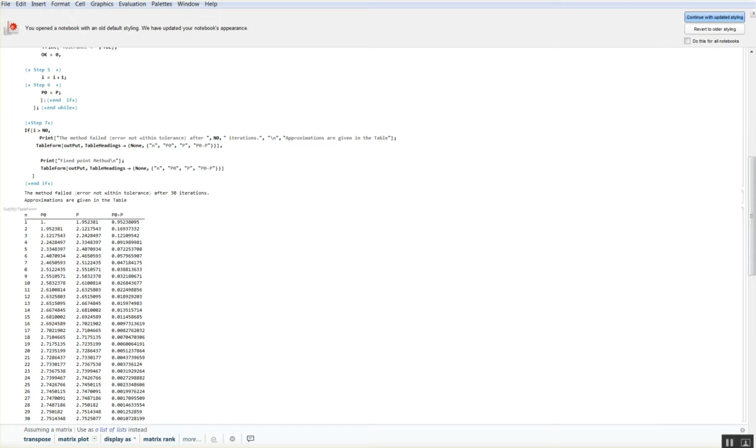Okay, my max iteration is 30, so I use up all 30 iterations, and it seems they are not divergent because they're slowly converging to some number. So the first method seems to be convergent, but it takes many steps, at least 30 steps, and they still keep going, right? So with that in mind,